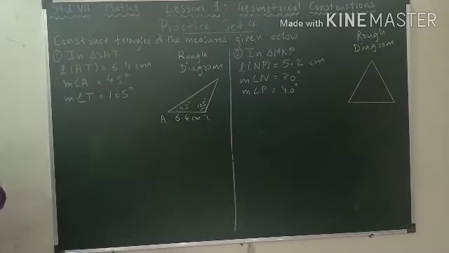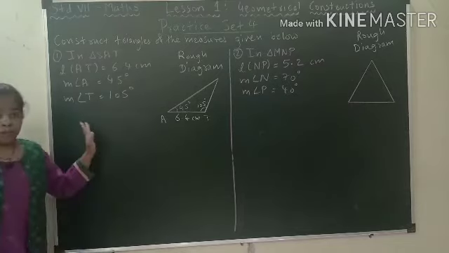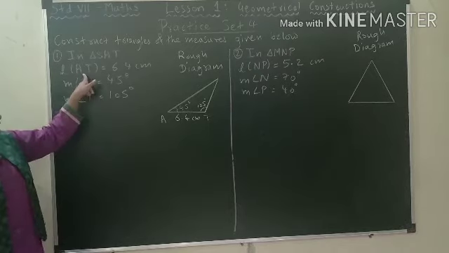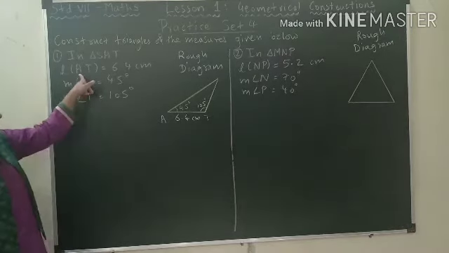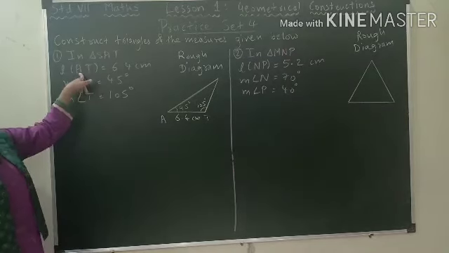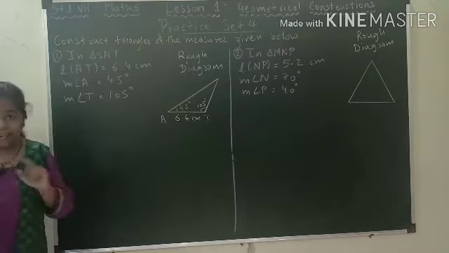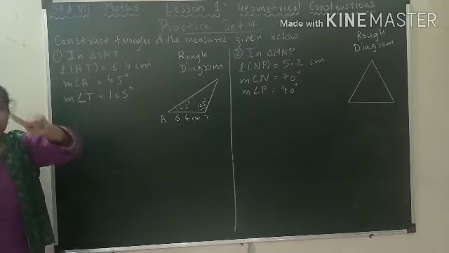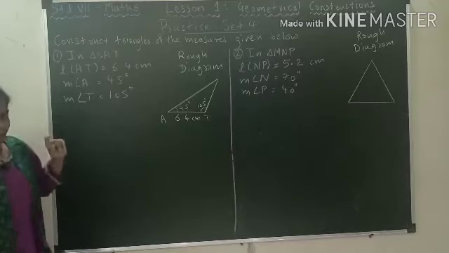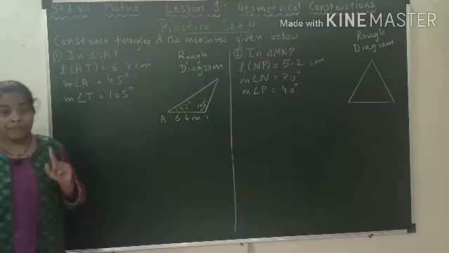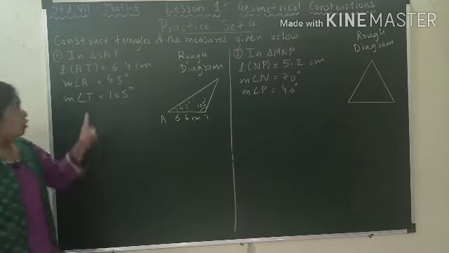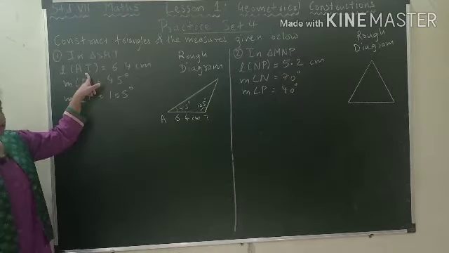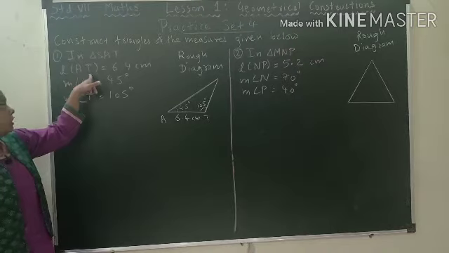Now there is one more idea to find out whether your measures which are given to you are correct or not. Whichever segment will be given to you, AT, A will be one angle and T should be the next angle given to you. See the measure, and those same alphabets will be having the measure for the angle. If it is not so, then you will have to find out the measure of those alphabetical angles only. AT. So angle for A should be given, angle for T should be given.